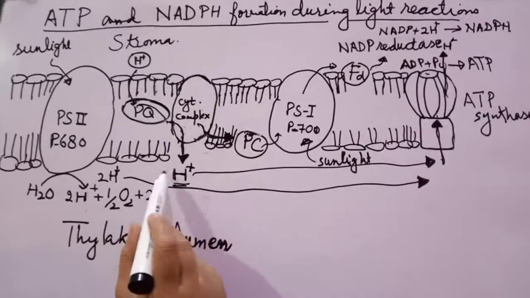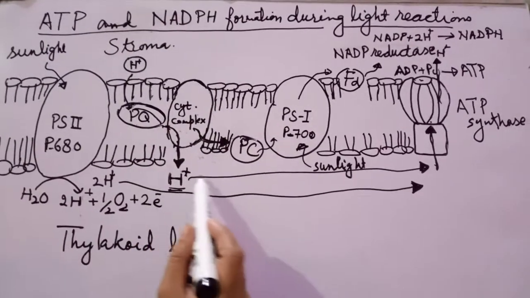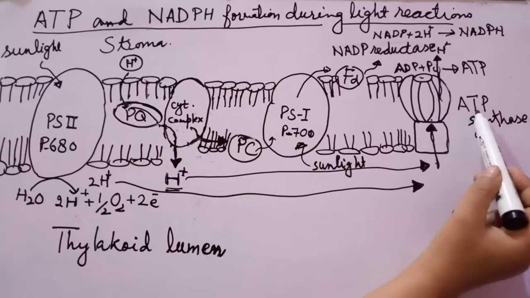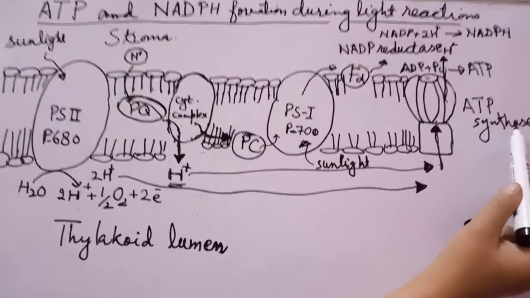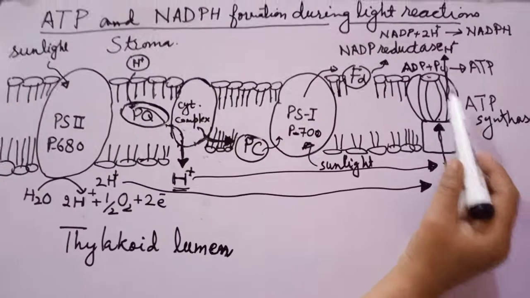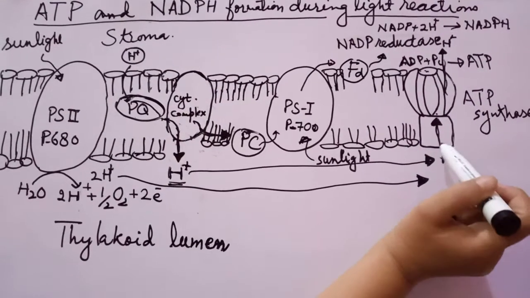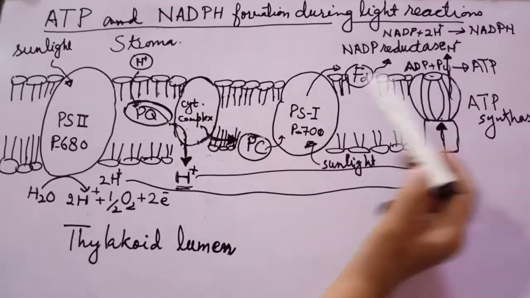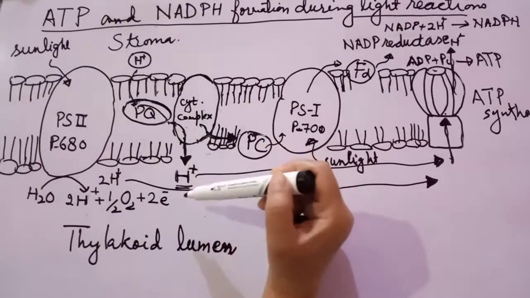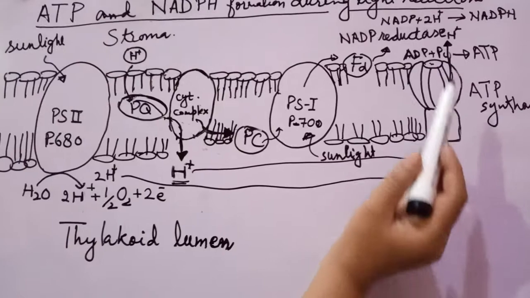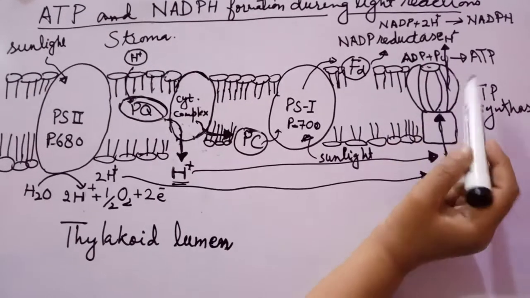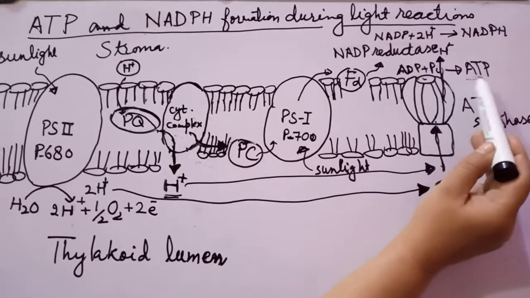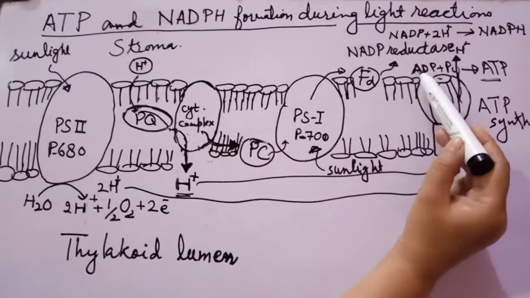So it develops a concentration gradient of hydrogen ions, and hydrogen ions then move through a special channel protein, a special enzyme called ATP synthase. In this way hydrogen ions move back to the stroma, and when they move through this ATP synthase they release the energy which was captured by them during their movement. When they move back down the concentration gradient, they release that energy, and this energy is used to make a bond between inorganic